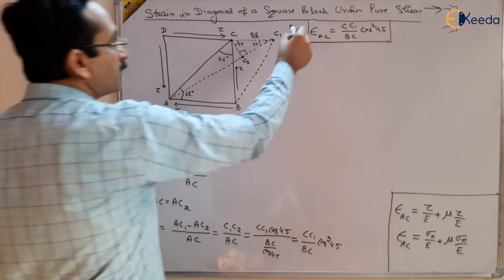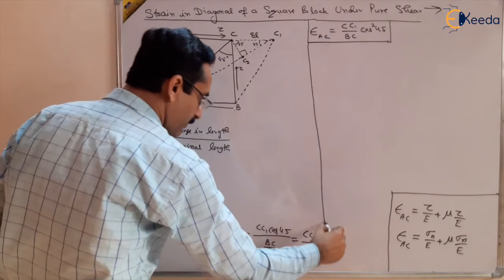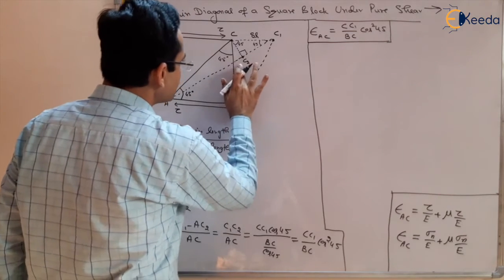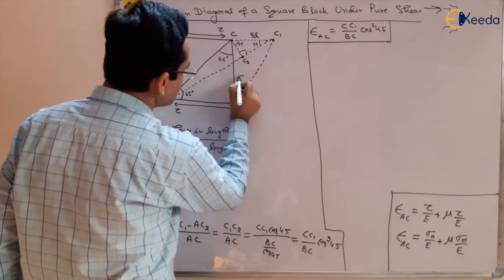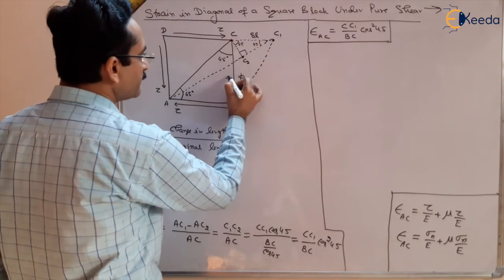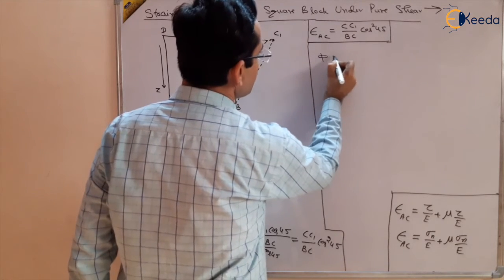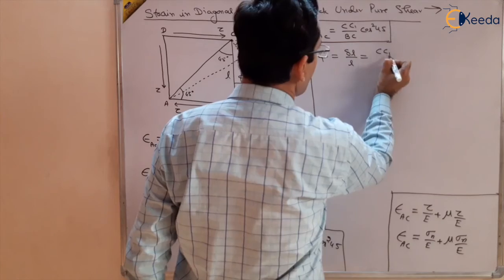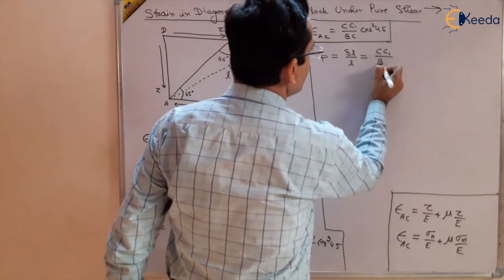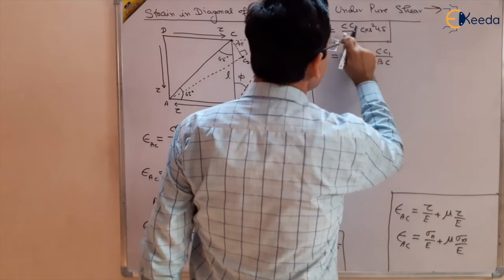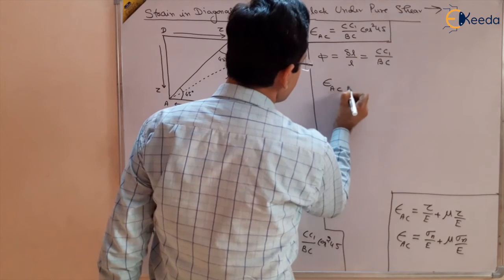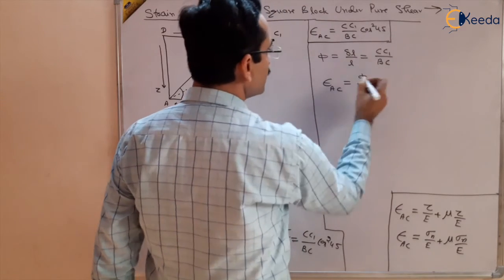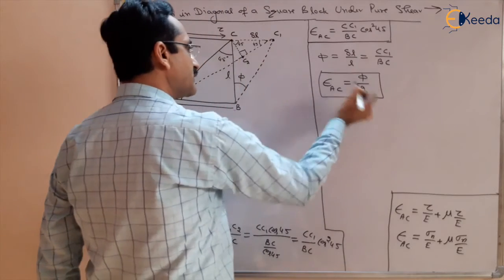Now we want to proceed further. What? That this angle is a shear strain. This angle, this is our shear strain phi. And what is phi? You have already read that shear strain phi will be equal to change in length upon original length. And what is the change in length? CC1 upon this BC. So in this equation, epsilon AC, strain in AC, will be equal to CC1 by BC, which is phi, and this is cos square 45, which is 1 by root 2 whole square, so this is 1 by 2. So strain in AC is basically phi by 2,